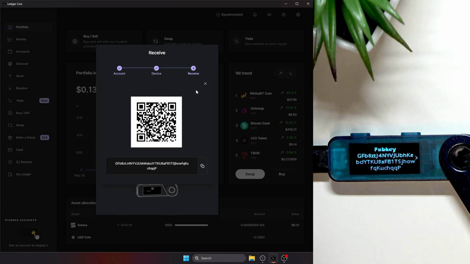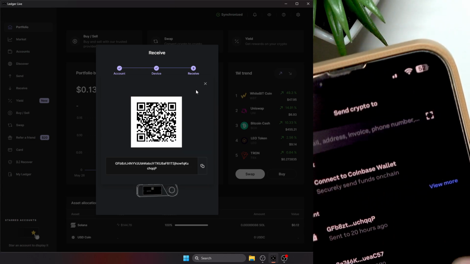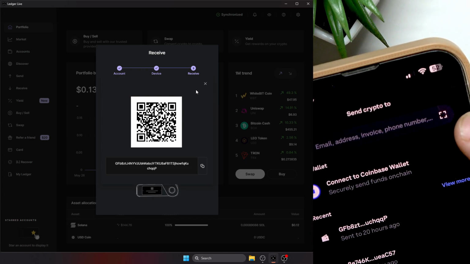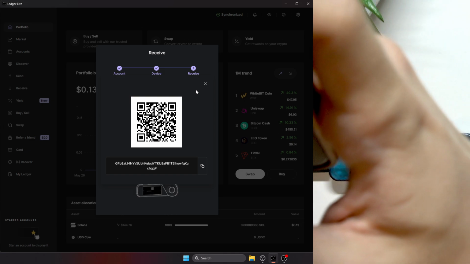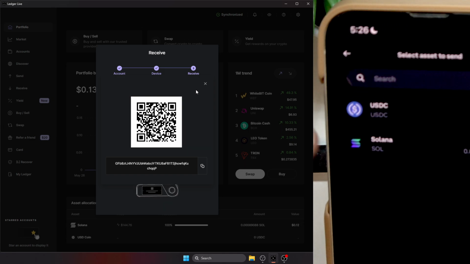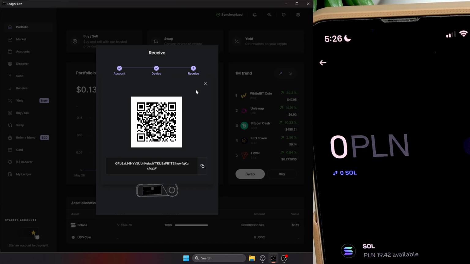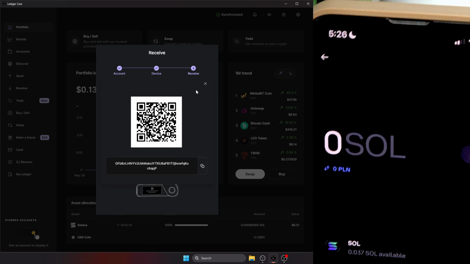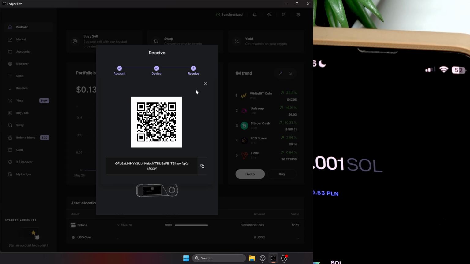And that's what I'm gonna use, because I'm gonna use my mobile phone and my different app basically to transfer money. So I'll just go to that app and I can select send crypto here. Then I have an option to scan a QR code, and I'm gonna scan it. Now it's scanned, so I'm gonna select Solana,